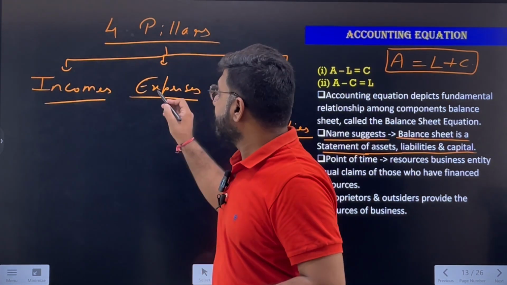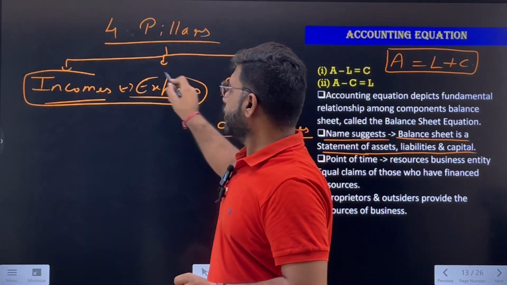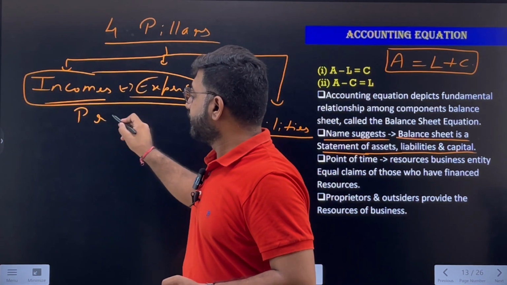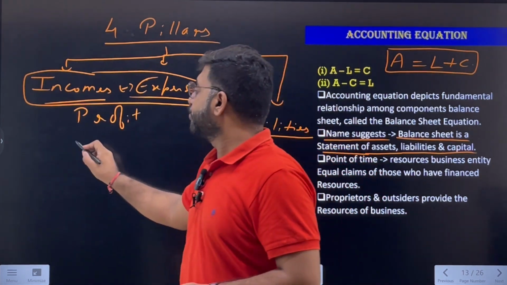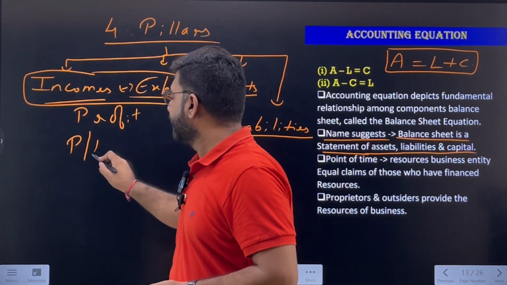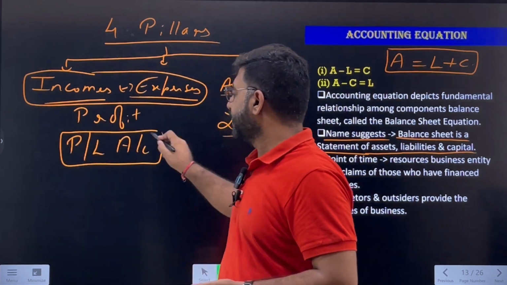Okay. From income, when you deduct expenses, you get the profit. Now, this profit is calculated in a statement which is known as profit and loss account. The profit and loss account is prepared where all the incomes are noted down and all the expenses are noted down. After adding up all the incomes, you deduct the sum of all the expenses